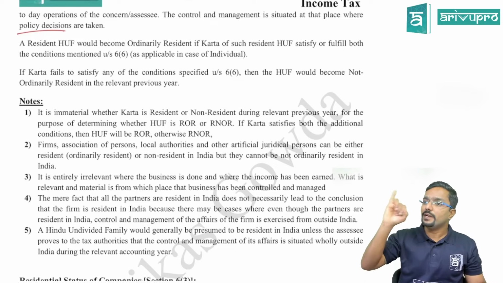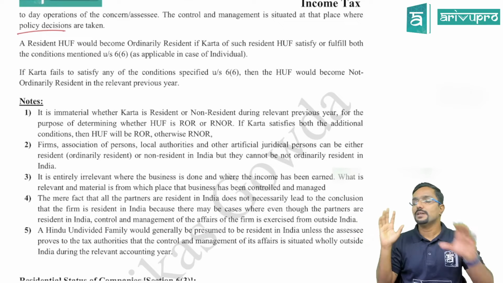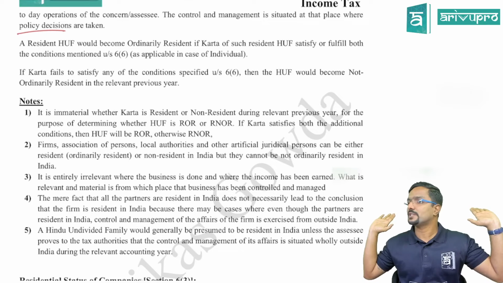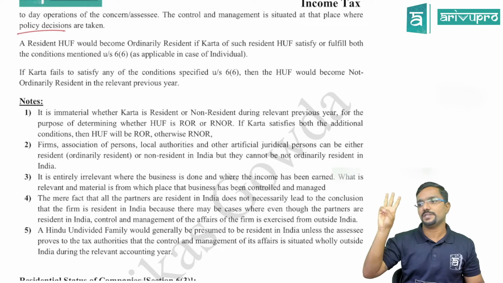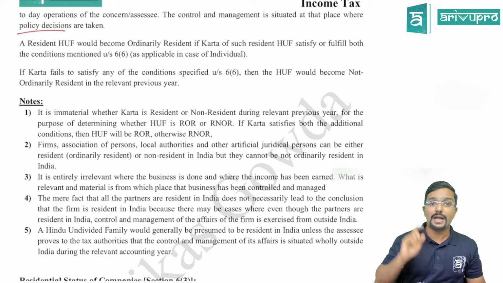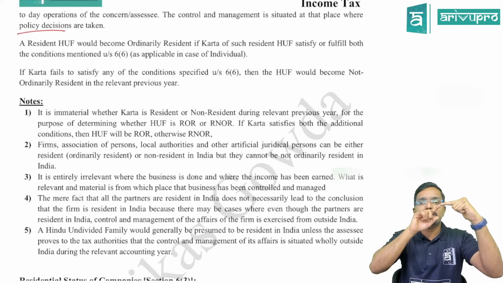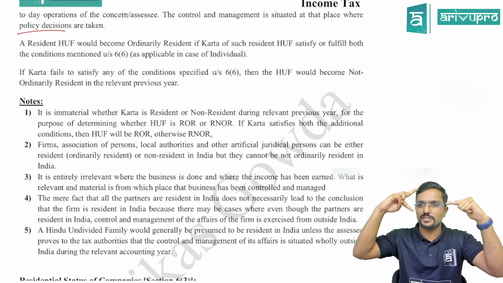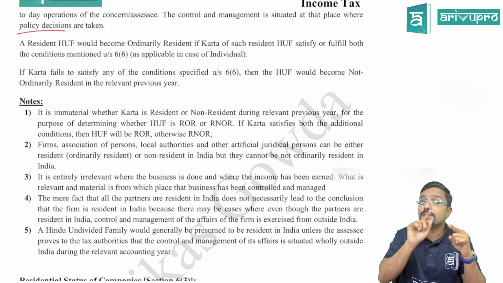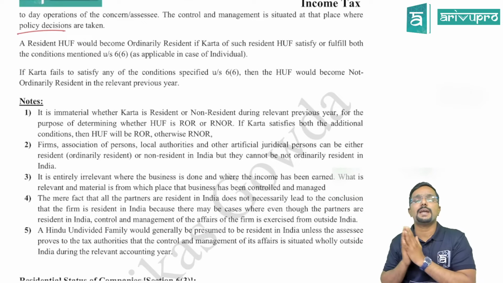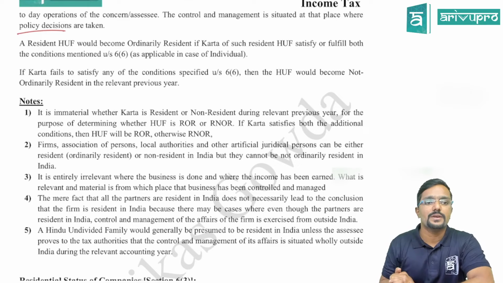Clear? So only for individuals and HUF we check whether they are ordinary or not ordinary. Whereas every other category of persons, they are either resident or straight away non-resident. That's all. Only two possibilities. Whereas for individuals and HUF only, there are totally 3 possibilities. Clear? Yes, sir. And actually total 4 it will become. That is resident. So resident is not a separate thing. Once they are resident, we check whether they are ordinary or not ordinary. So 2 possibilities there. Then the last one is non-resident. This is for whom? Individuals and HUF. Whereas for all other category of persons, they are either resident or non-resident. That's all.